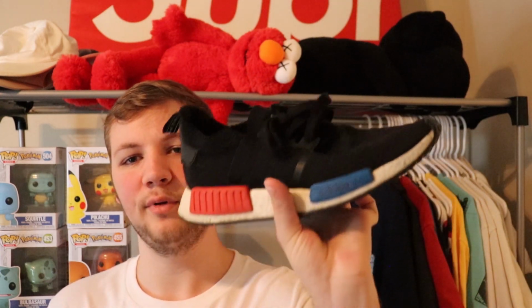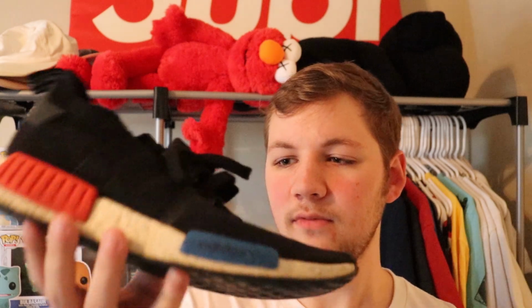Not as much as like Vans, where your feet will just hurt because they're flat-footed shoes, unless you're a flat-footed person. But this is a really good happy medium, and for a while I had a couple of different pairs of NMDs and I would wear them around. Actually, I wore a pair to work yesterday because they're just really good walking shoes. With that being said, the shoe was really cool, and when it very first came out in the white colorway,